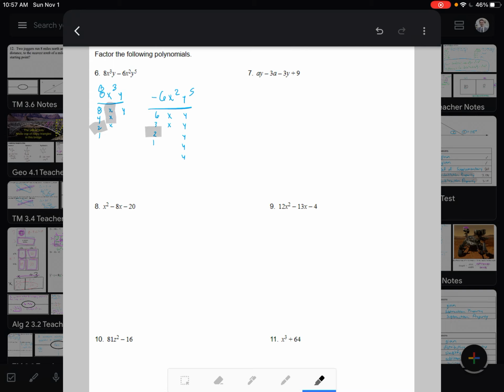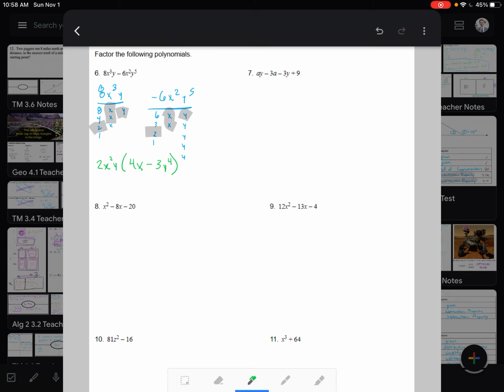So things that we have in common here that we can highlight. We have a 2. We have 2 x's in common, and we have a single y in common. So for these terms, we can take that out. So we can take out 2x squared times y. So we need to match that up to 8x to the 3rd power times y. So that's going to give us 4x minus